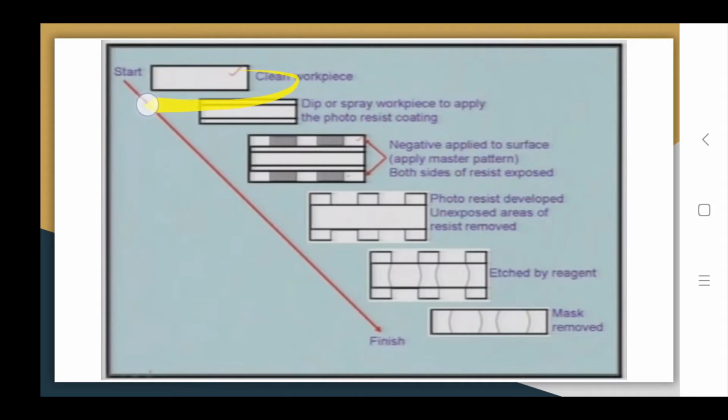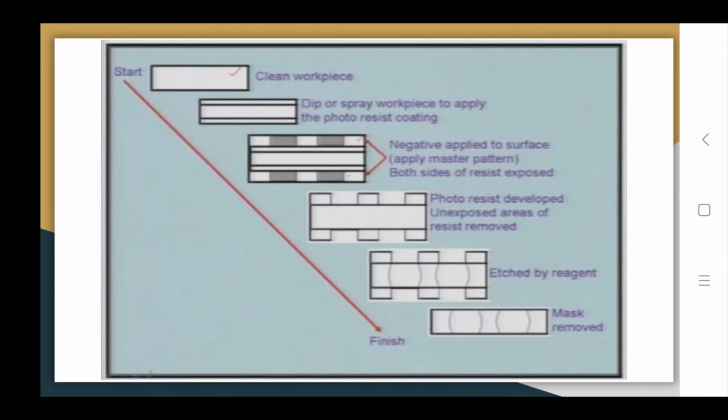Now you can dip the workpiece or spray the workpiece to apply the photoresist coating. And this is the third method of applying maskant, that is photochemical machining, where photoresist is applied, and after that a negative is placed on the surface.